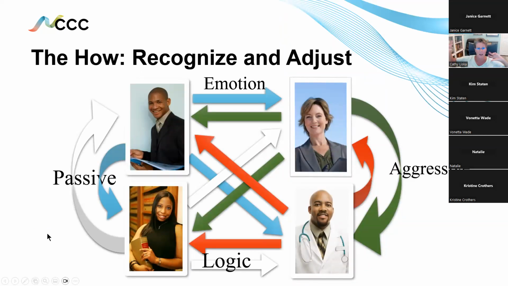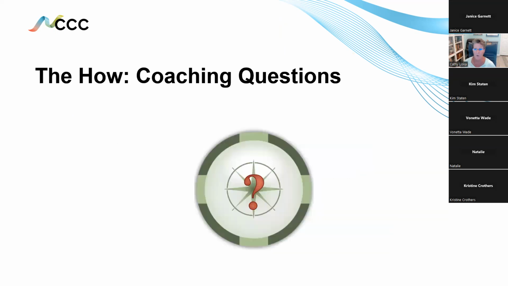First off, in terms of personal styles, one element of it is recognizing, is somebody emotion or logic? Build on that with, are they a passive communicator, an aggressive communicator? And expand on that with the various combinations. Further complicated by how people see other people, because who we are in our own style influences how we see others and their style. The coaching questions make a huge difference.